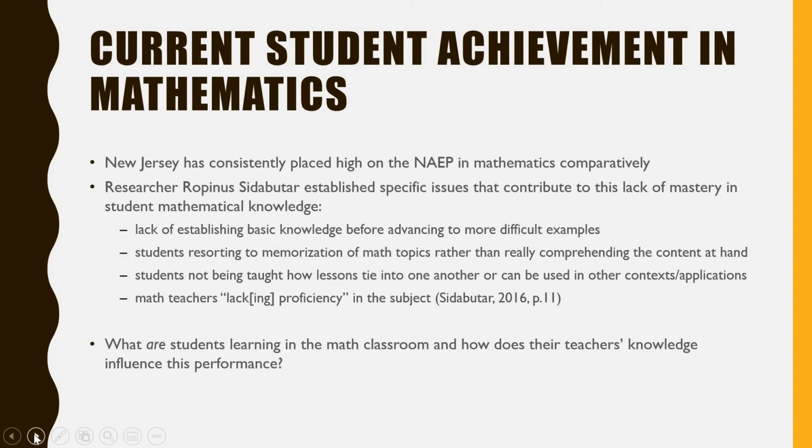Focusing the lens in on New Jersey, student math achievement is actually higher in the Garden State when compared to other areas within the nation. Looking at the 2019 NAEP scores, New Jersey is one of 15 states to perform significantly higher than the national public in 4th grade math, and is one of 22 states to perform significantly higher than the national public in